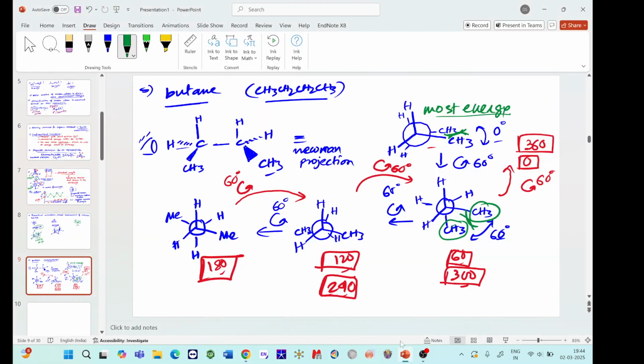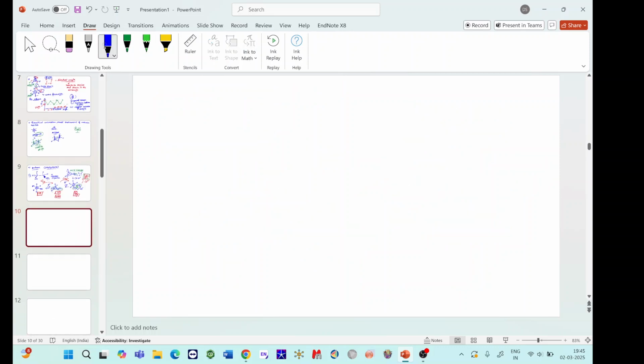Okay, thank you. So you can see that 0 and 360 will be of the most energy. Then when you compare between these two, like 60 and 120, so 120 you can see this methyl are also eclipsed with the hydrogen. So whenever there is eclipse conformation, it is much more energy than the staggered conformation. So this one is having less than this one, so you can just plot it